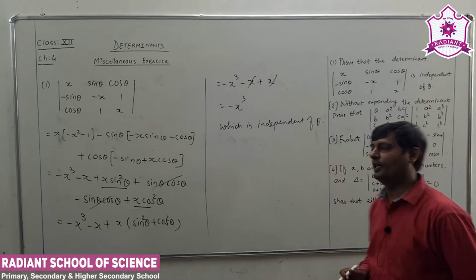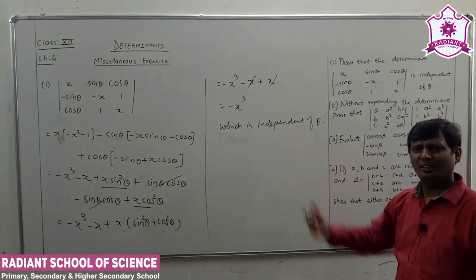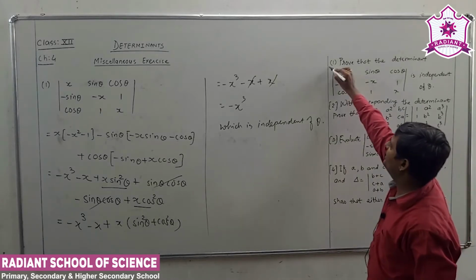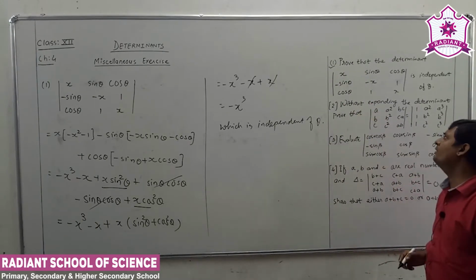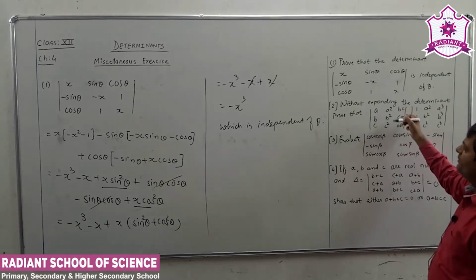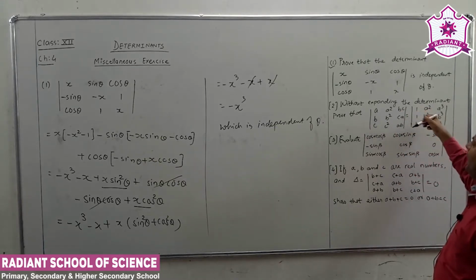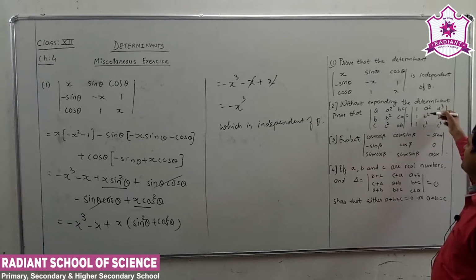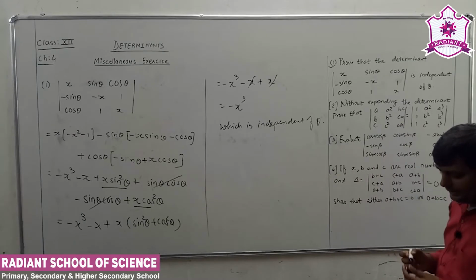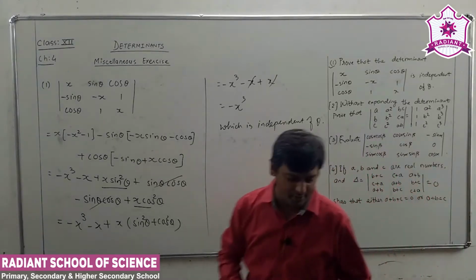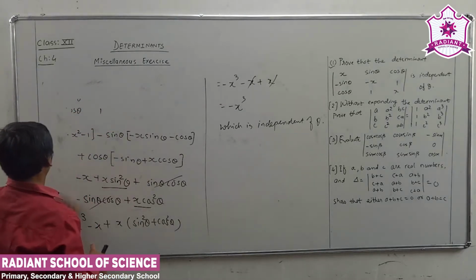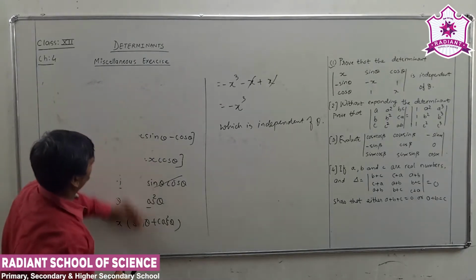बच्चों, it's very simple, also for 1 mark and 2 marks questions. Now the first is clear. Now the second one: without expanding the determinant, prove that the determinant with rows a, b, c; a square, b square, c square; bc, ca, ab is equal to the determinant with rows 1, 1, 1; a square, b square, c square; a cube, b cube, c cube. एक से second ला है. Let's start this. We start question number 2.